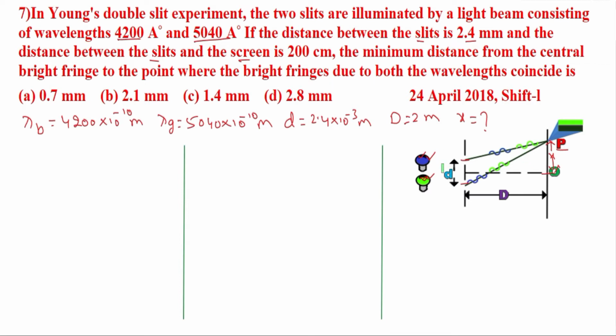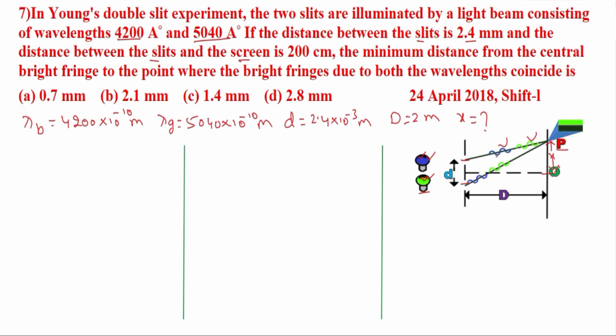Okay, air has the capacity to allow waves of different wavelength simultaneously along the same path. What does it mean? It means that the blue color light that passes like this and gets incident on P from one slit, similarly, blue color from the same source will pass through this and get incident on the point P. Same is the case with the green light. Okay, so since there is no dispersion in air, both blue and green travel simultaneously along the same path from the two slits.